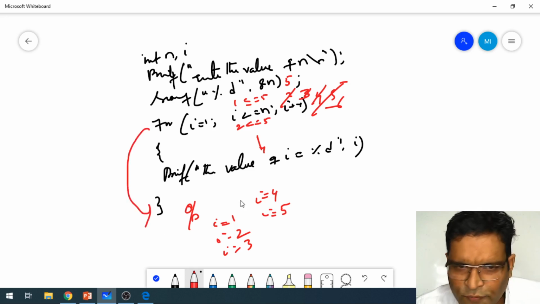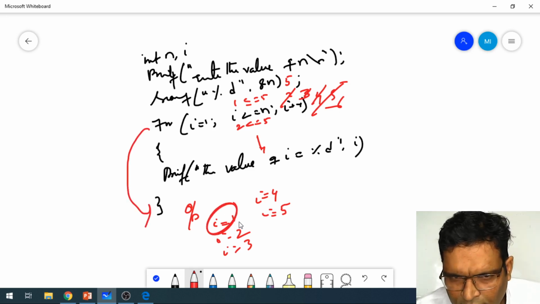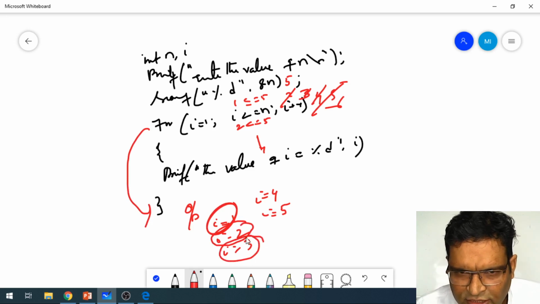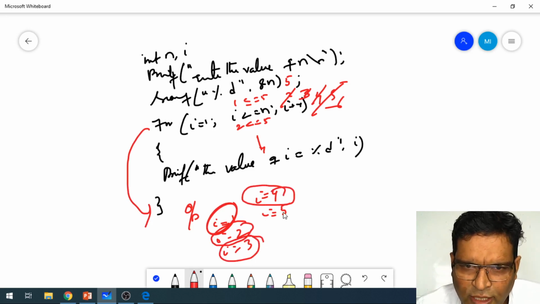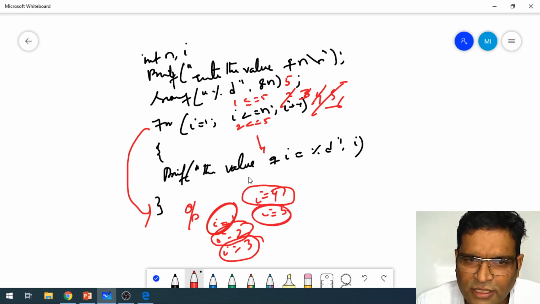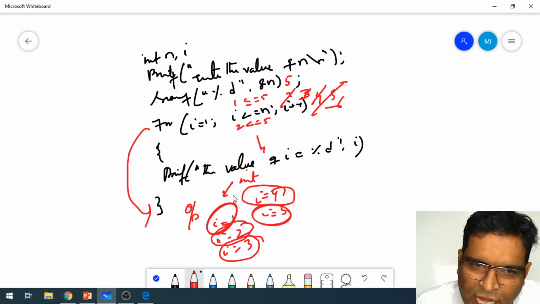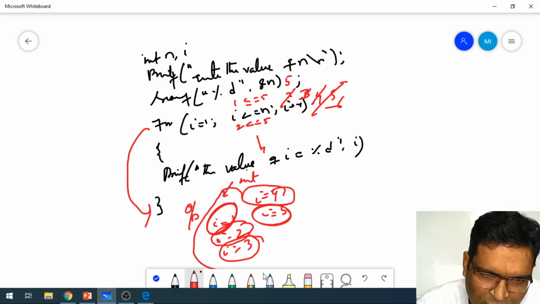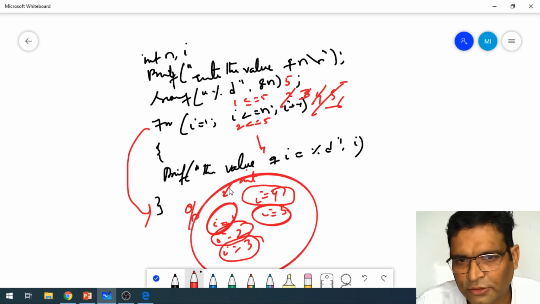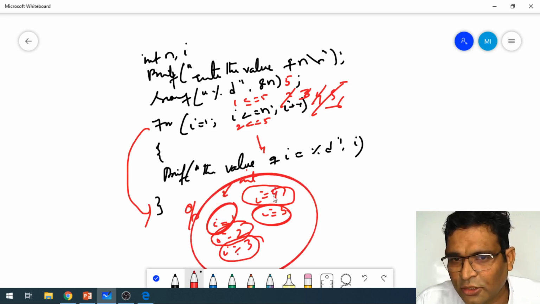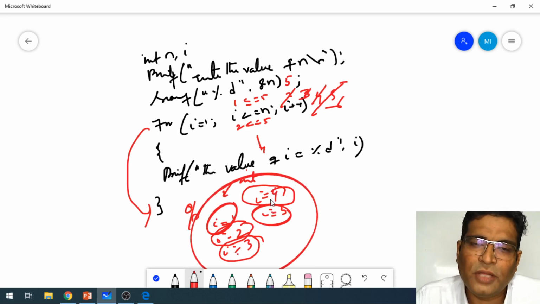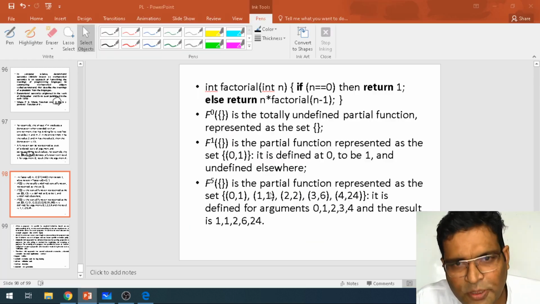Okay. Now what was the value? i is equal to 1 the first time, i is equal to 2 the second time, 3 the third time, 4 the fourth time, 5 the fifth time. These are my intermediate values. I'm going to capture these values. I've already captured these values. Correct? i is equal to 1, 2, 3, 4. So denotational. So what do you mean by this one here?